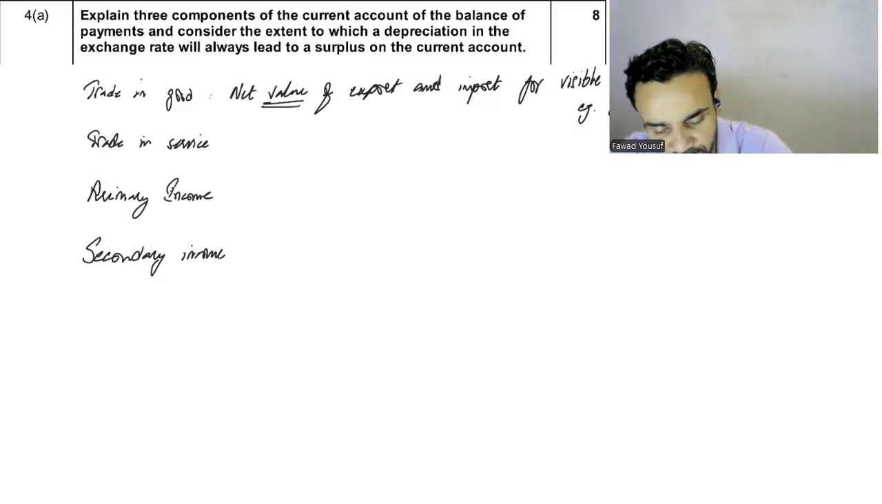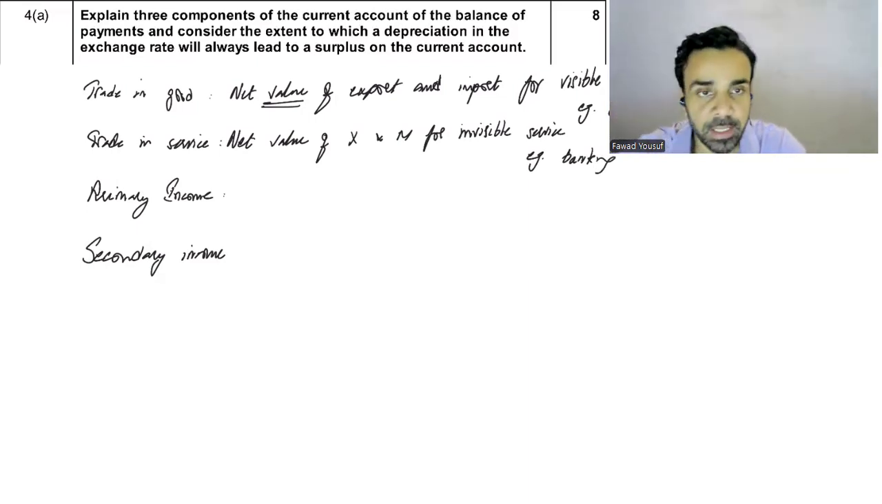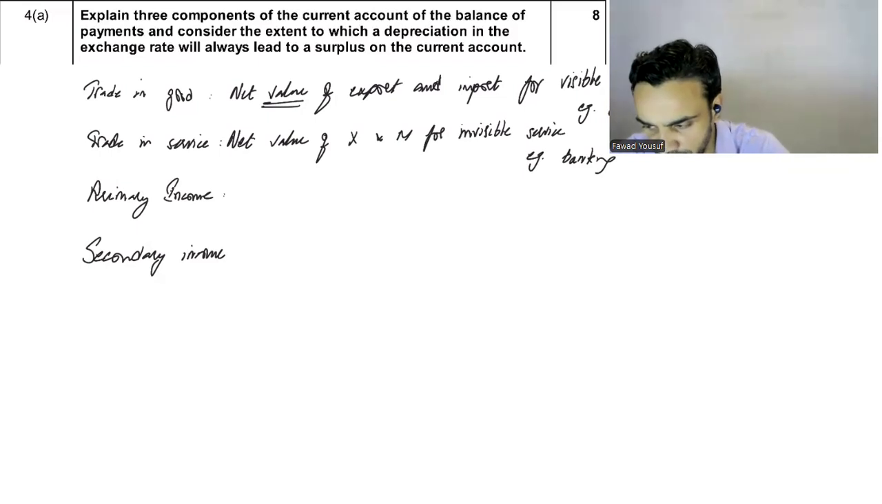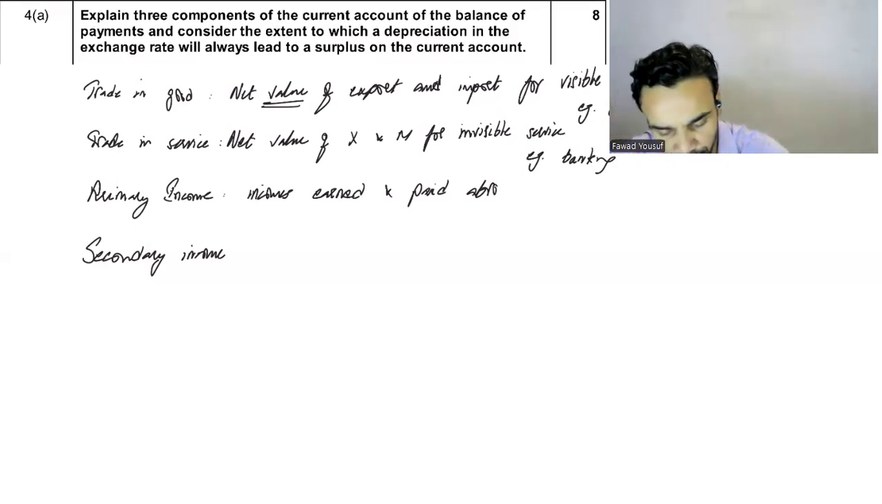After that, if you're writing trade in services, then again, what is trade in services? It is the net value of exports and imports for invisible, intangible services. For example, banking. Primary incomes, obviously, deal with the incomes earned and paid abroad. Examples could be dividends, interest, profits. And within transfers, it is the